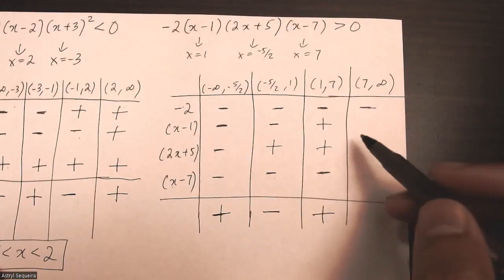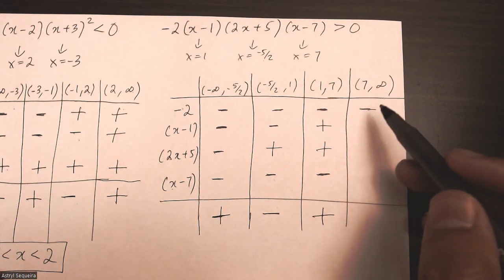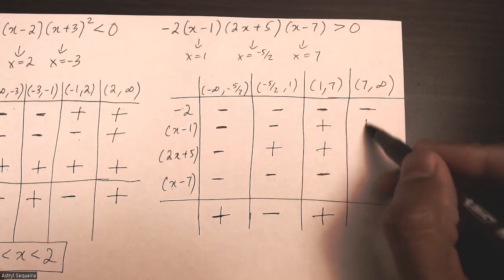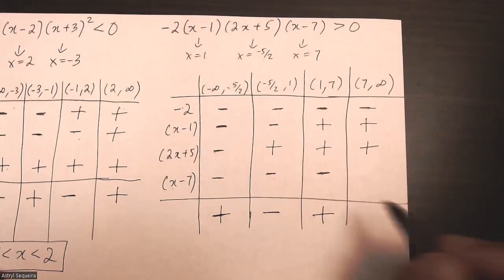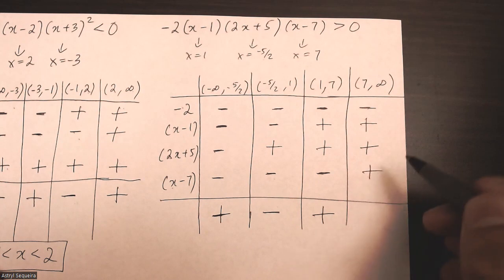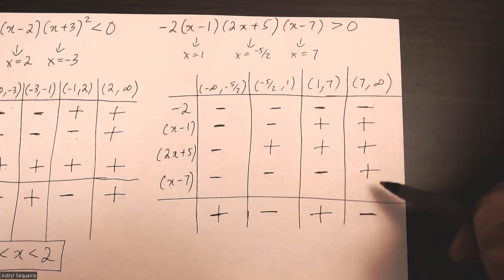And this last range over here, I'll pick positive 8. 8 minus 1 is 7. That's positive. 2 times 8 plus 5 is definitely going to be positive. 8 minus 7 is also positive. So I just have one negative here, which means that if I multiply all of these, it's going to stay